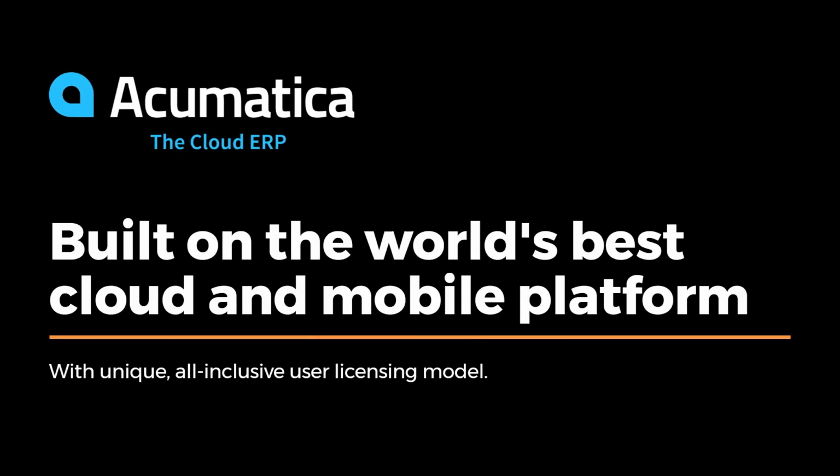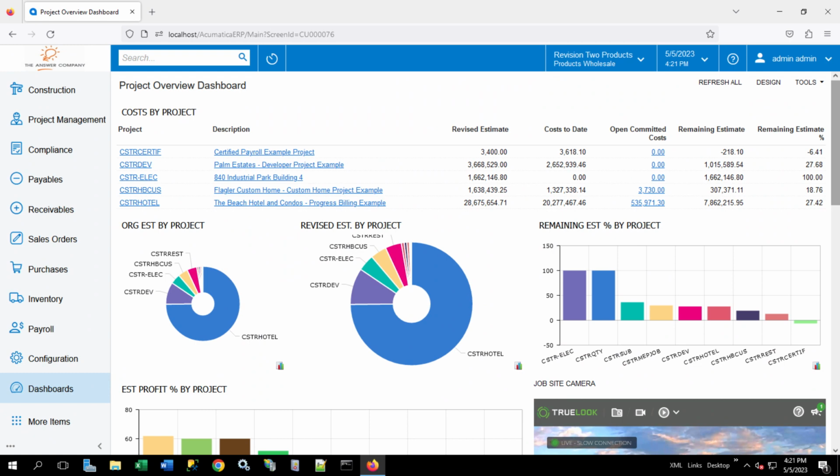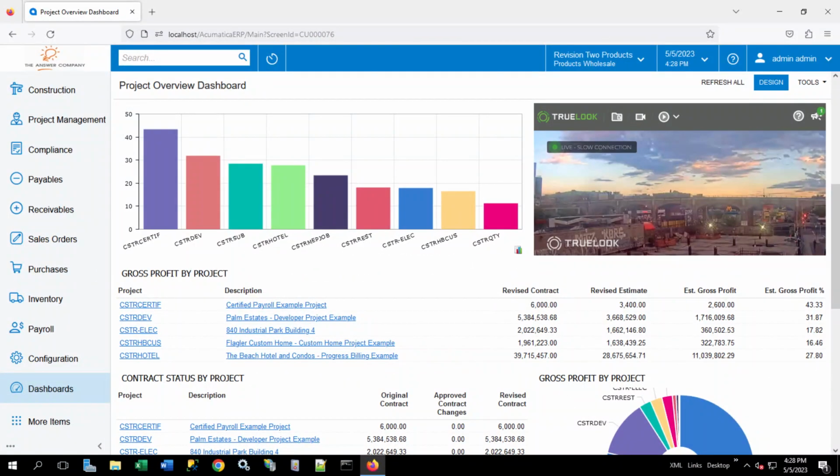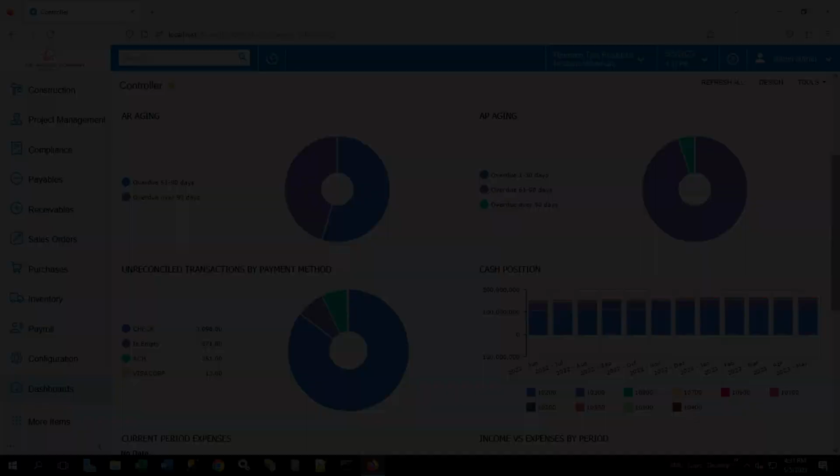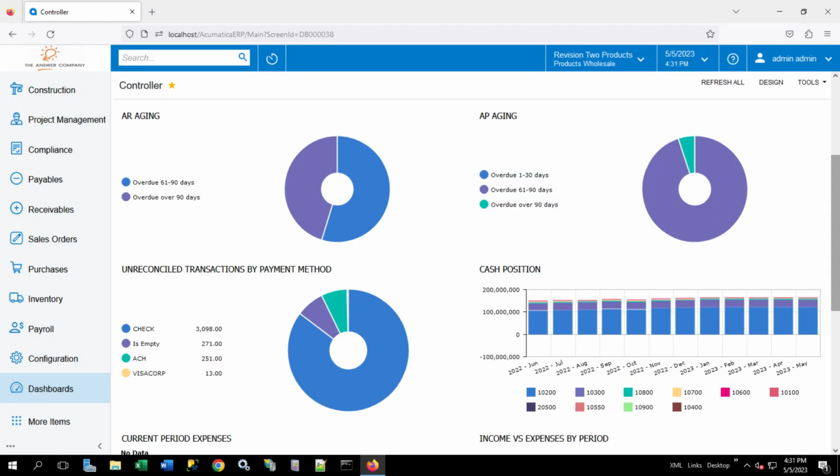Built on the world's best cloud and mobile platform, it has a unique all-inclusive user licensing model. The project overview dashboard provides access to different types of widgets such as graphs, charts, tables, and embedded web pages. You can even view a live camera feed from the job site. Other features include a change order log, project management functionality, and financial dashboards for controllers to manage cash requirements, top